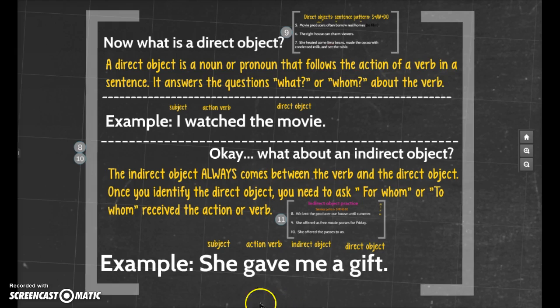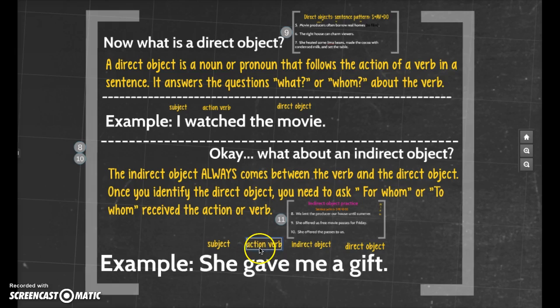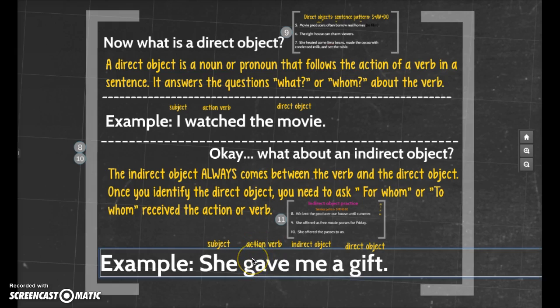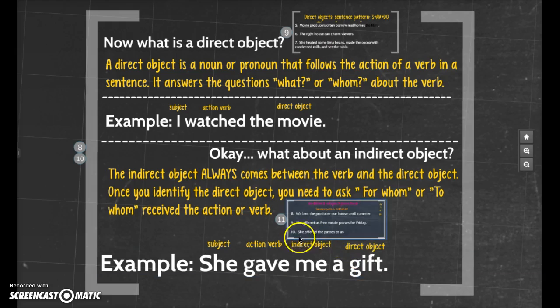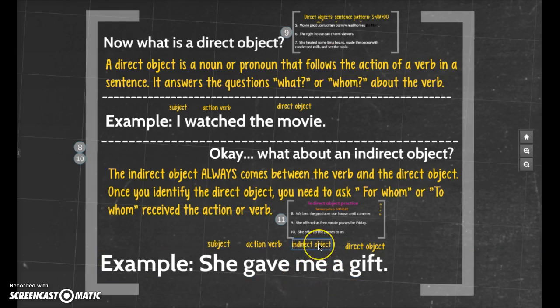Who is the sentence about? She is the one performing our verb, so that's our subject. What is our verb? Our verb is gave, and that's an action. Then you need to ask yourself, what's my direct object here? What is being given in the sentence? I can see that the gift is being given. So I need to figure out where my indirect object is. I know my indirect object comes before the direct object, so I know that it's going to be me. This is going to answer the question whom. So who is going to be receiving the gift? Me. So that is going to be your indirect